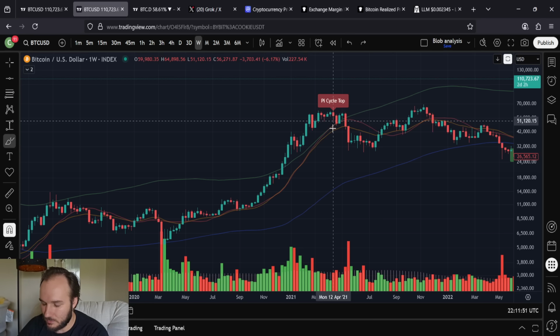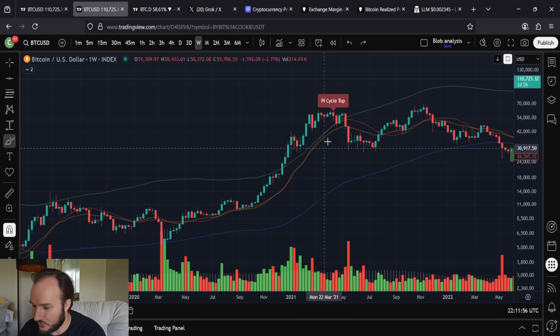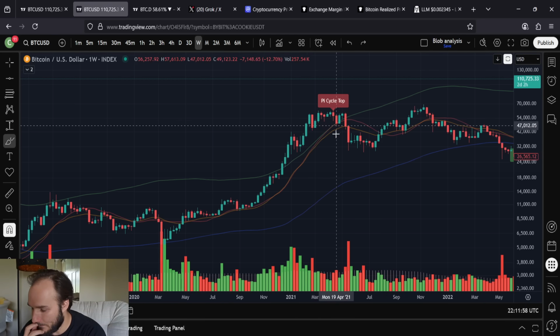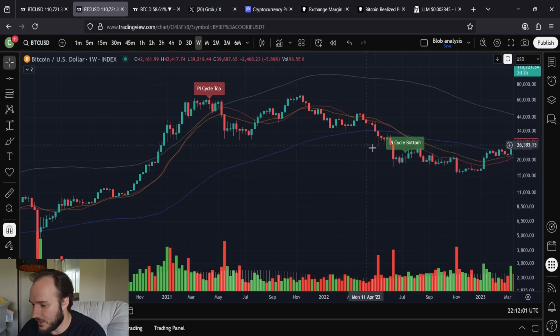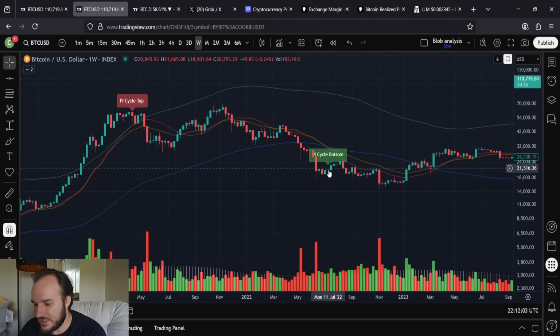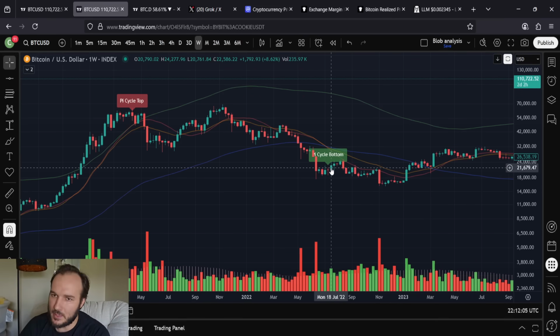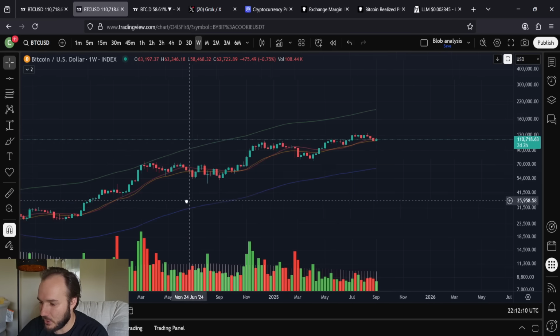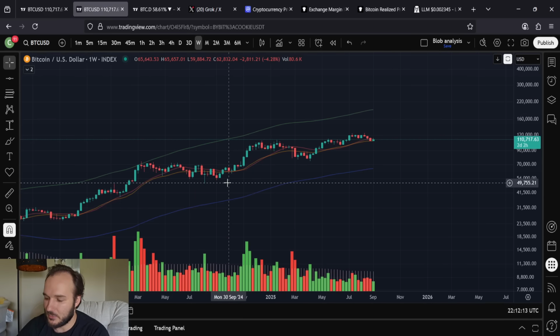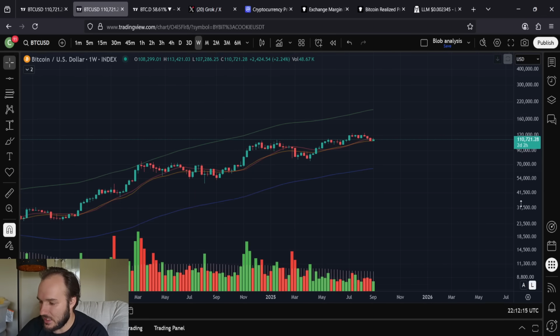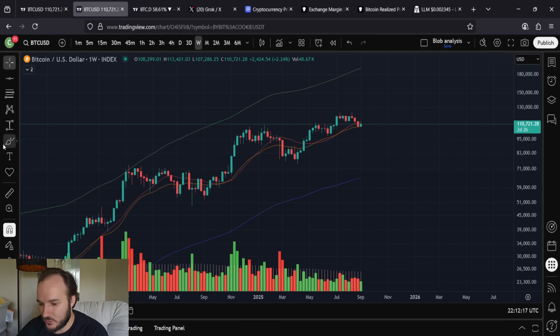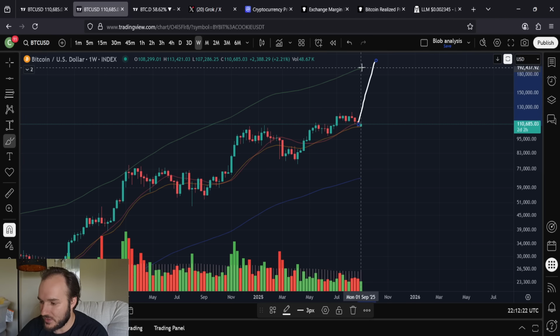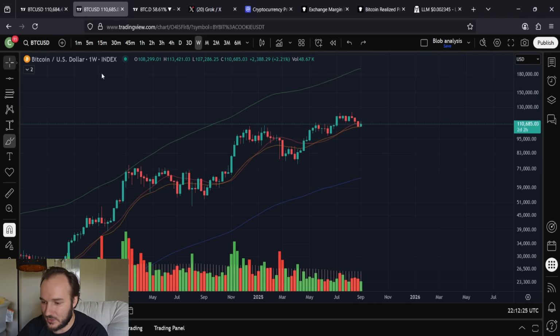And again, that's right where the red line crosses above the green line. So it is the red line, not the orange line, because the orange line here was actually lower. The orange line was lower, so red line there. Cycle bottom, it didn't get it perfectly, but it got it pretty damn close. And I wouldn't be surprised if this pi cycle top indicator didn't get it perfectly, but it's been spot on, really, throughout its whole entire life. So just understanding that only happens once these red lines and these orange lines, really it's the red line actually, crosses above the green here. Once we get that above the green, which we're nowhere near, that's when the pi cycle top happens.